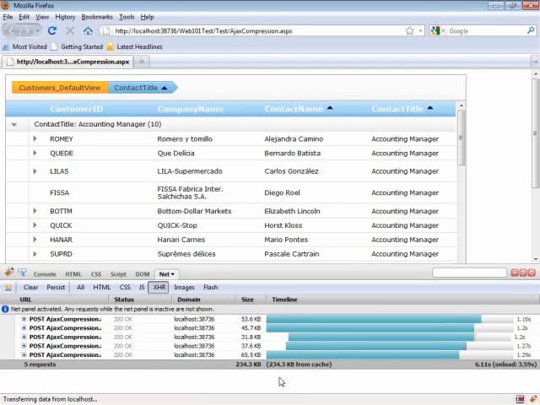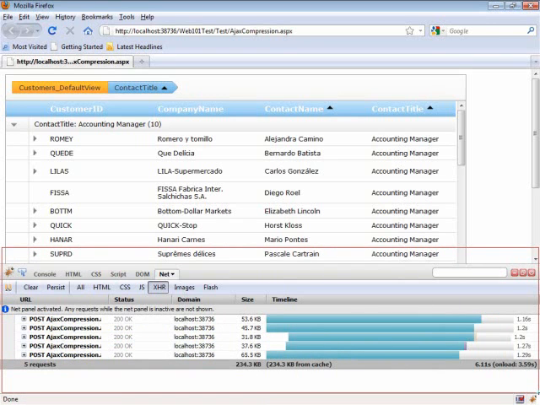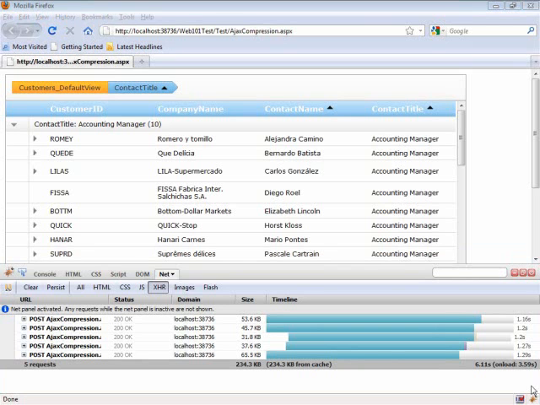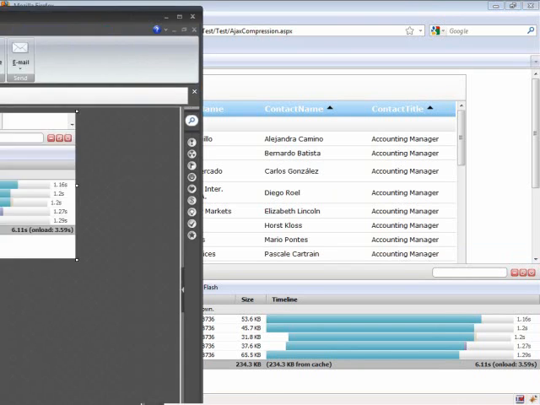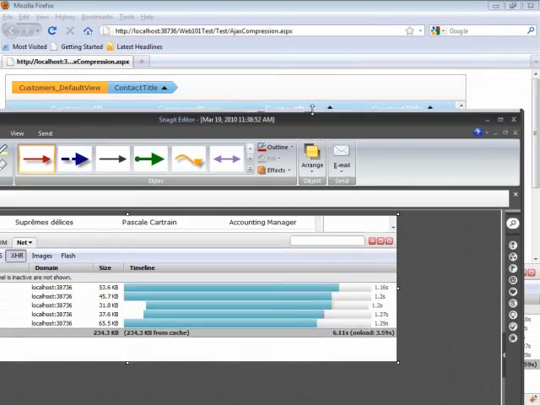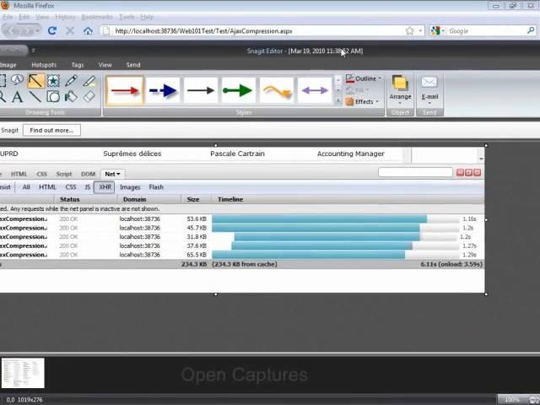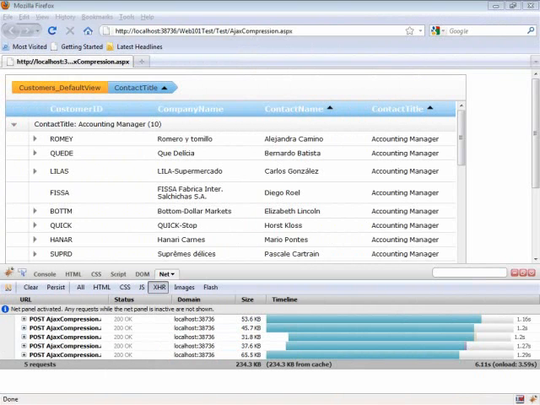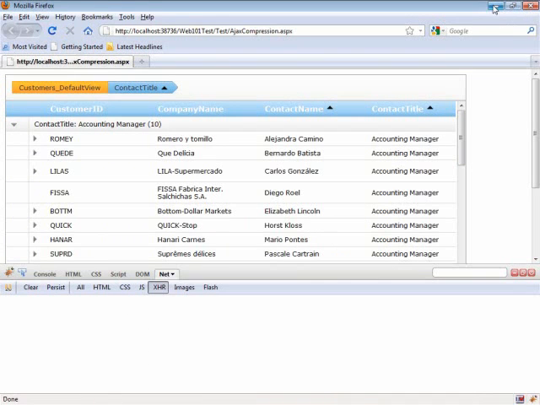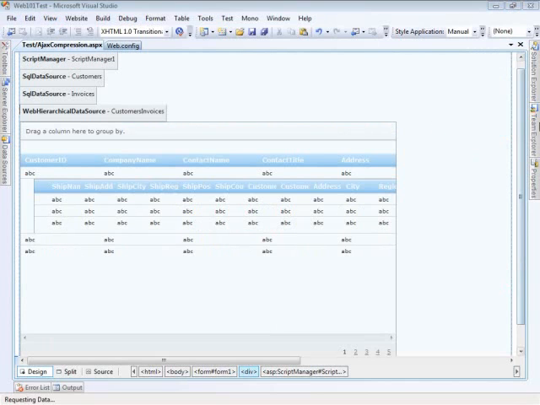So what I'm going to do here is take a screenshot of this operation so that when we do it with AJAX compression enabled, we can see the clear differences. I'm going to take a quick shot of this piece of the page. And just so that you can see, I have it stored here inside of Snagit. I'm going to move it off the screen, and then we're going to enable AJAX compression. So I'm going to clear this thread here, and I'm going to go back to my Visual Studio,